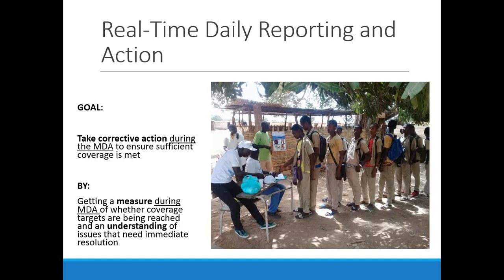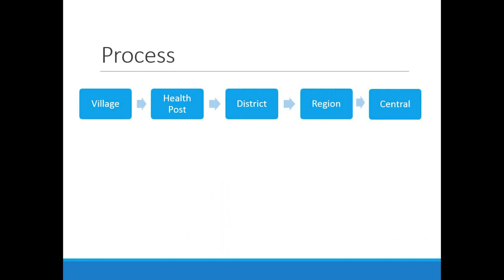During the MDA, when you implement the activity, and at the end, during the debriefing, you see that the target is not achieved, you know exactly where you have to go, you know exactly what you need to do. So this is the goal and how we can do that. So before moving forward, I think it's important also to discuss